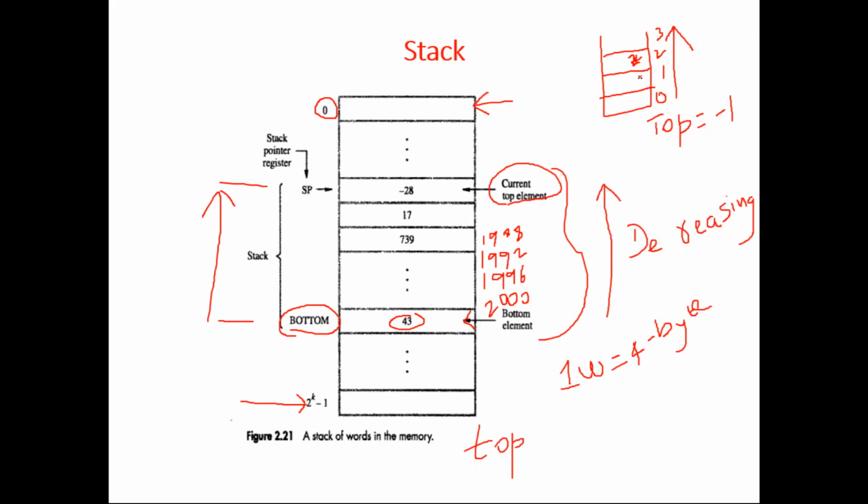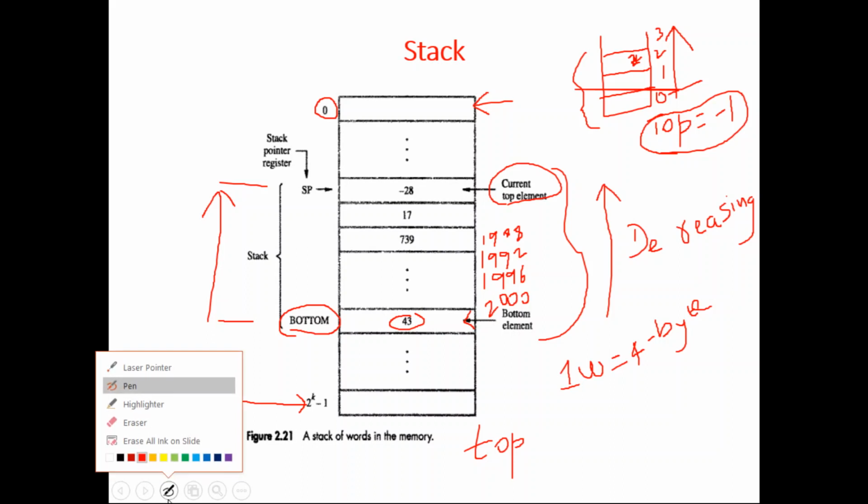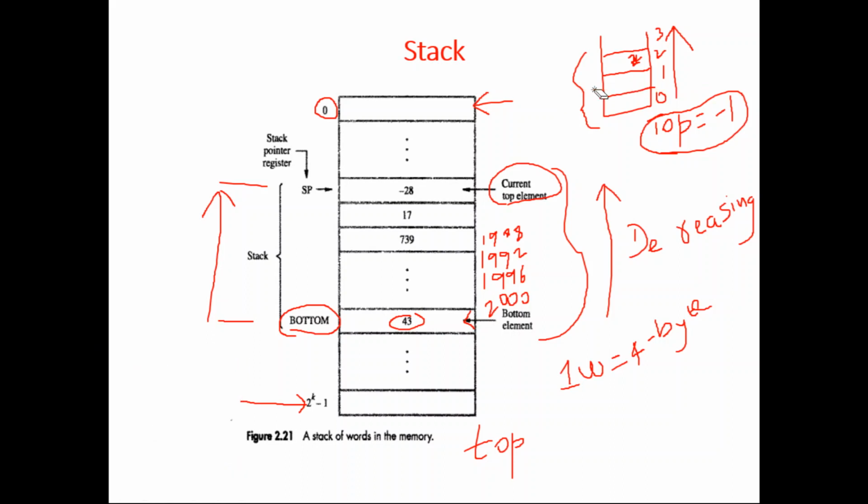See, in a normal array implementation, when the stack is empty, we simply say top is minus 1. Why did we give this minus 1? Because this minus 1 is lesser than the least index of the stack. What is the least index? The least index is 0. Something lesser than 0 is minus 1. So we gave that as minus 1.